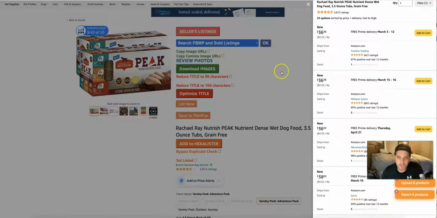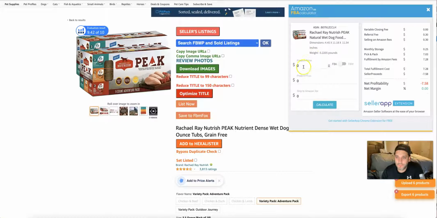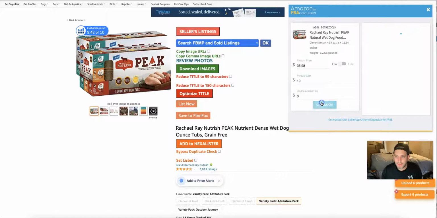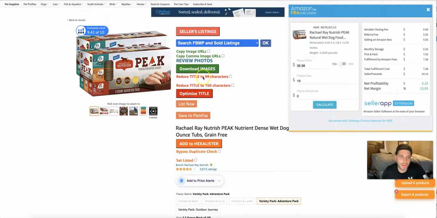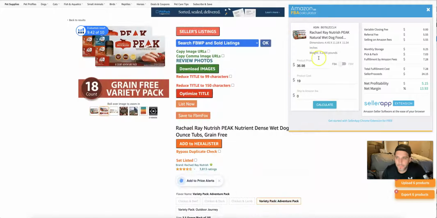So we can go ahead and price it at $36.98. This will be our safe price, right? $36.98. You get it for $19. You're still making $5 on it. These shouldn't be too heavy. They're about 5